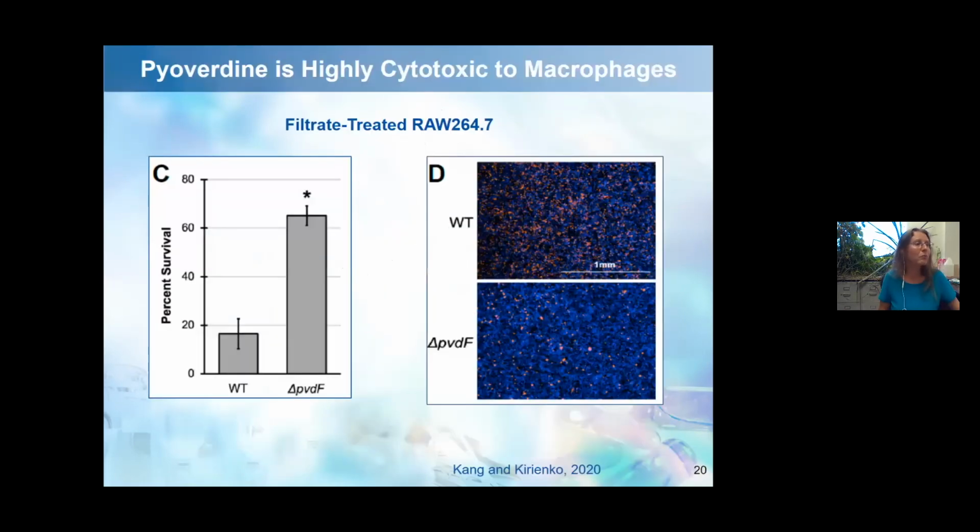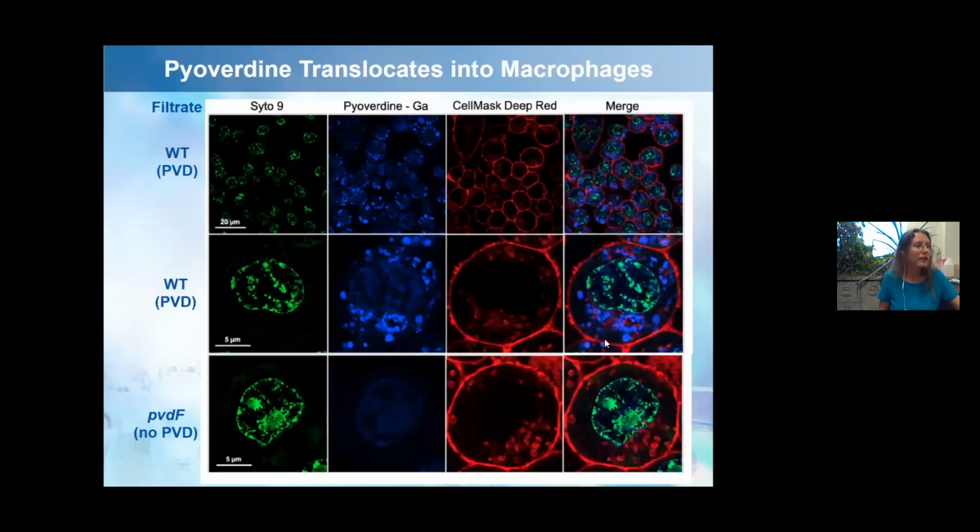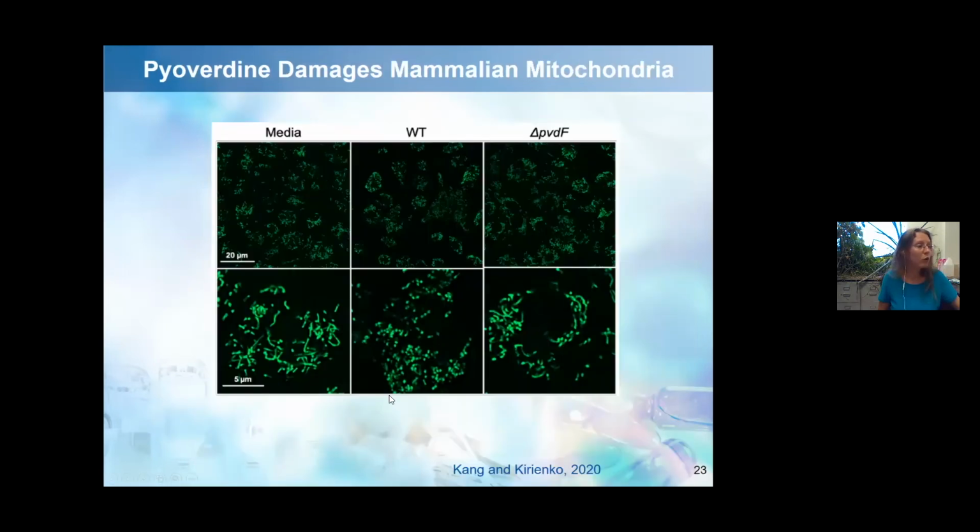And this mitochondrial damage leads to the upregulation of the mitochondrial surveillance pathway. And just at the end, briefly, one minute on how it's relevant to mammals. Turns out pyoverdine doesn't just kill C. elegans, it can also kill mammalian cells. Here you see macrophages that have much lower survival in pyoverdine-containing filtrate than in an analogous one prepared from a pyoverdine-deficient mutant. Similarly, we see pyoverdine in blue inside of macrophages, and upon pyoverdine treatment, we observe mitochondria fragmentation similar to what was seen in C. elegans.